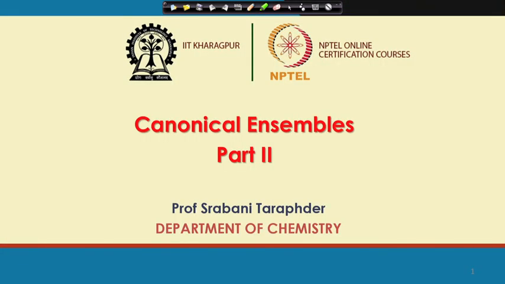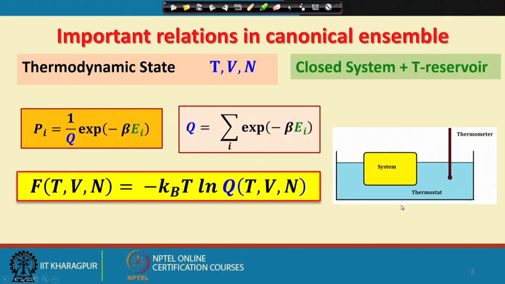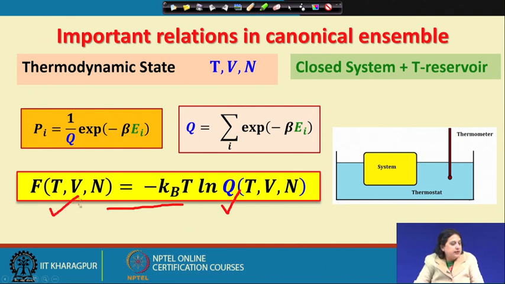Welcome back. We will continue our discussion on the canonical ensembles today by considering the three important relationships that we have already discussed. Today, I am going to first look at the importance of this particular relationship and show you that once you have a model, you will be able to find out the partition function Q. From there, calculate the Helmholtz free energy F and calculate whatever thermodynamic quantity you would like, starting from a microscopic